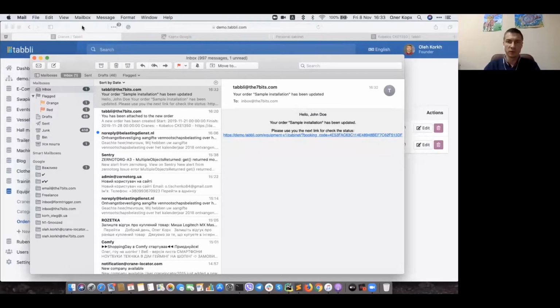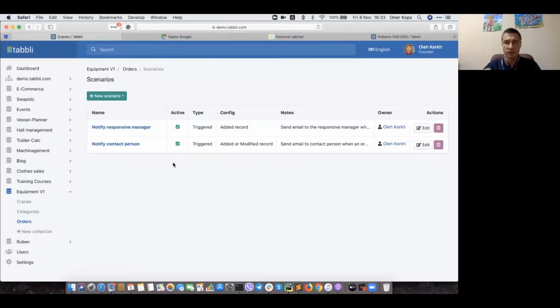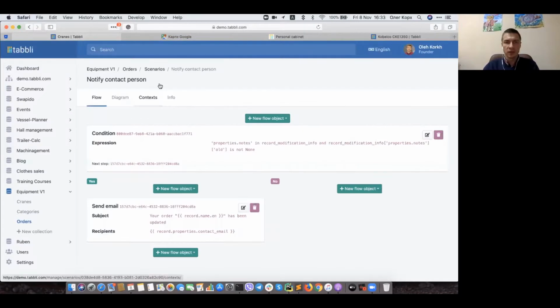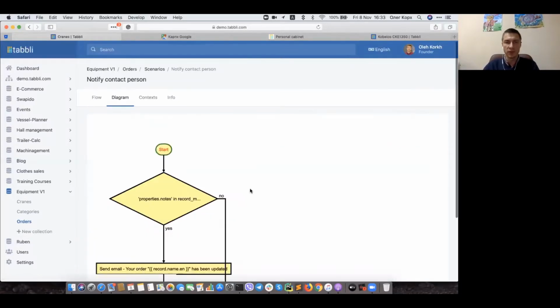One moment, I concentrate on the scenario, and then go back to the message. Here we see another scenario, which is called notify contact person. We start when a message record is added or modified. Click here. We can see that this scenario is a little bit more complex, because here we have